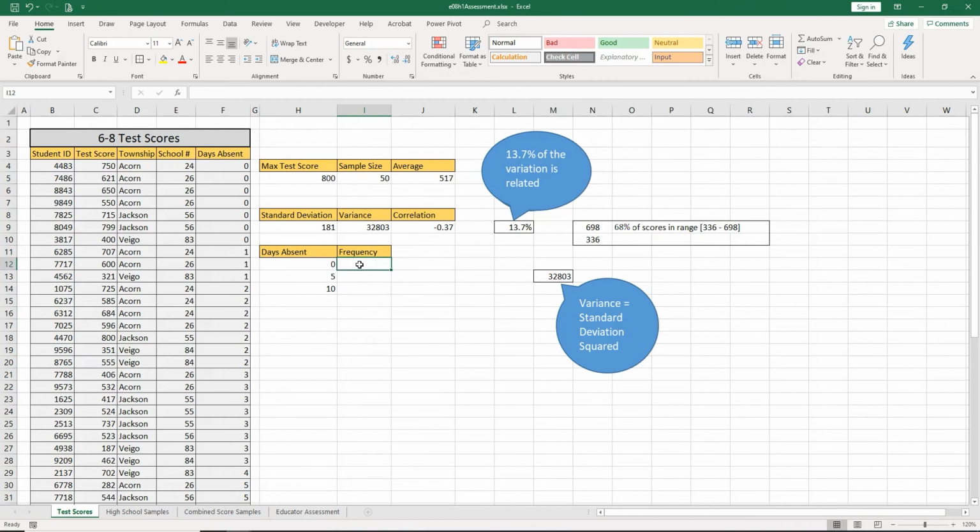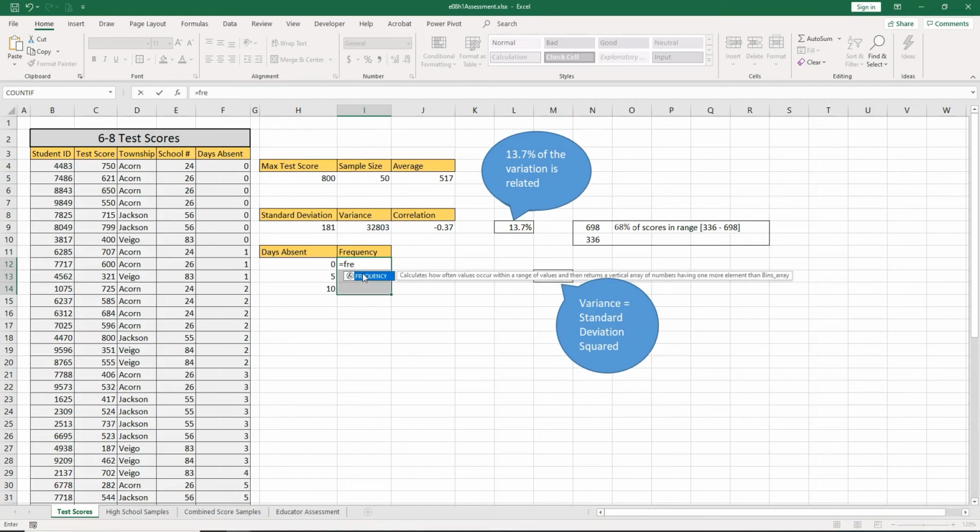To do that, we will use what's called an array formula. For an array formula, we have to select all these blank spots where the formula will go in. We type the equal sign, and let's use the frequency function. Calculates how often values occur within a range of values, and then returns a vertical array of numbers having one more element than the bins array.